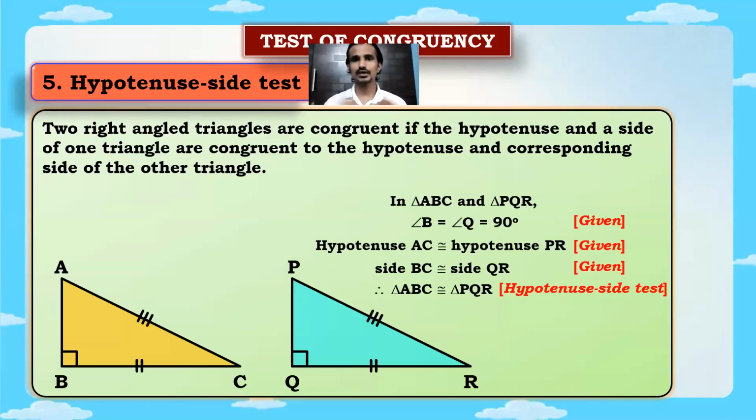ठीक है. तो यहाँ पर भी देखो 5 lines लिखा है हमने, but the elements are slightly different here. The first we have written names of the triangles. Right angles B equal to Q, hypotenuse AC equal to PR, and side BC congruent to QR. So it is right angle hypotenuse side. Okay, the triangles are congruent by hypotenuse side.